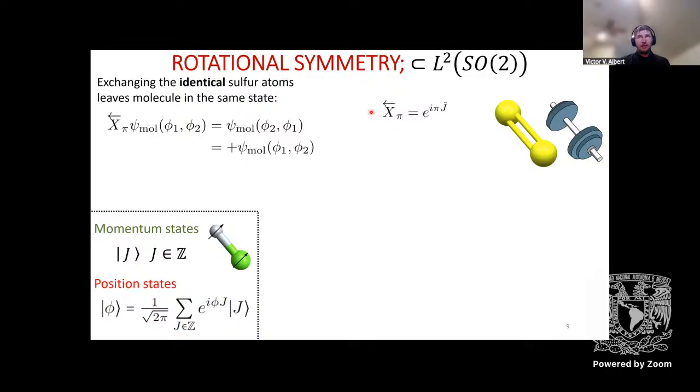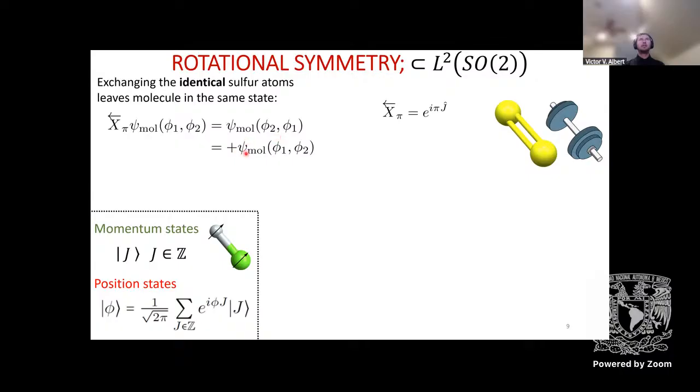What is the constraint? Well, the symmetry here is a rotation by pi. This rotation by pi I'm representing as this x operator, and it's generated by the angular momentum j, which is just that integer valued operator, diagonal in the angular momentum basis, and it's a rotation by pi, so there's a pi here. So it's (-1)^j. When you apply this operator to any admissible function of the molecule, which is going to be a function of the positions of the two nuclei, phi1 and phi2, it's going to exchange the positions of the nuclei,